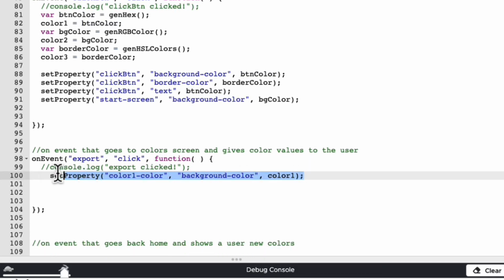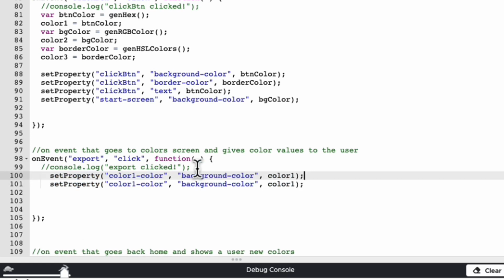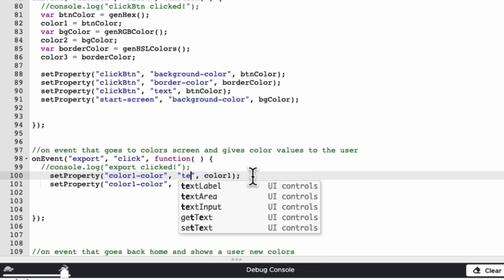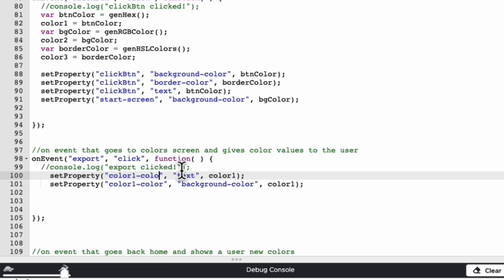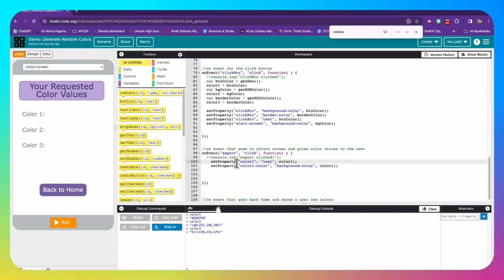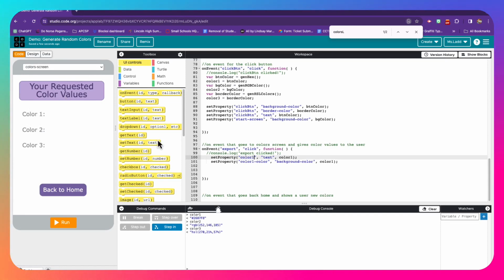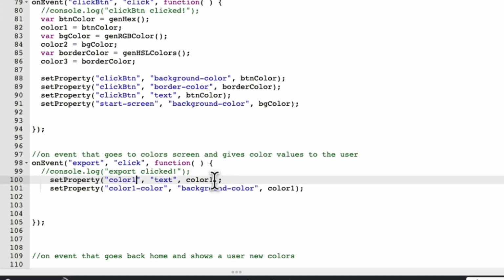I'm going to just copy this guy right here because I'm going to do the same thing with the text. Command C, Command V. Okay. So this is going to be text. And this is not going to be color 1 color, it's just going to be color 1 text. All right, so color 1 is the name of our ID, and we want it to say color 1 and actually, I want it to say